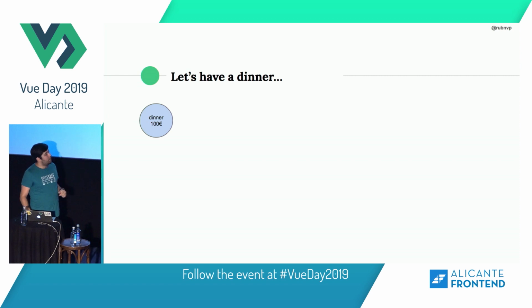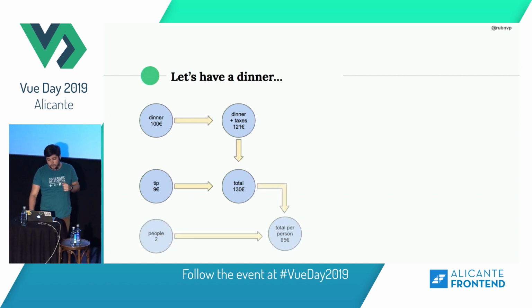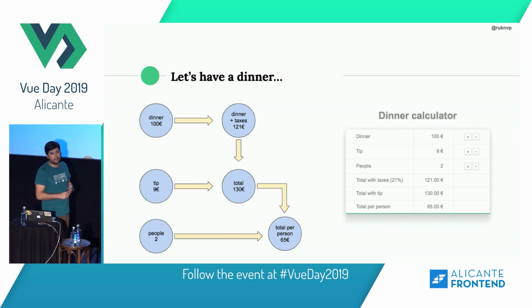But this is usually not what you pay. You finally pay the dinner plus the taxes. And if the waitress was good, you give her some tip. And also if you are 2 people having dinner, the total per person, you split by 2, right? Nothing crazy here. And we as developers see this problem and say, okay, why not build a dinner calculator